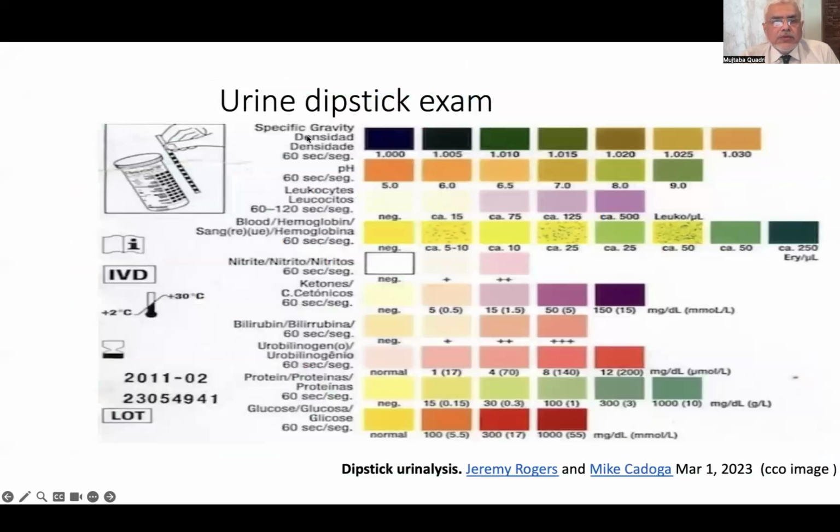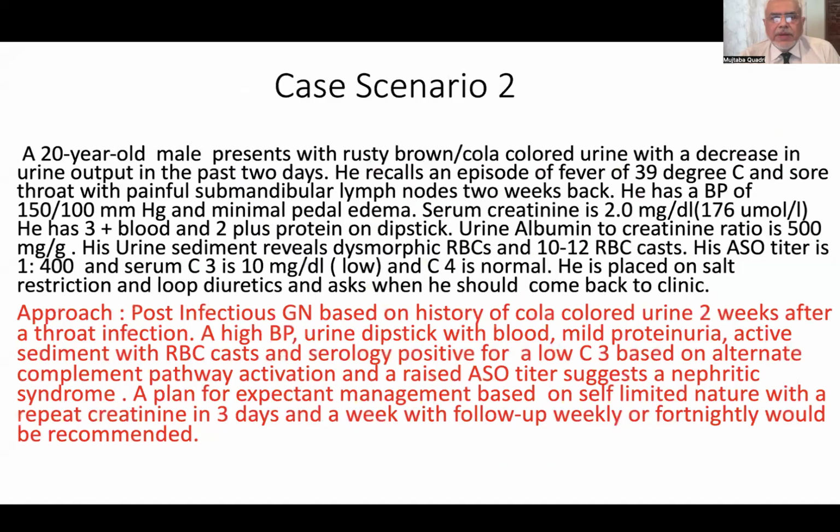The urine dipstick is very useful. As you can see, most of us use it to look for varying degrees of blood or RBCs in the urine, as well as nitrites for UTIs, but also for protein, where the different grades of 1 plus, 2 plus, 3 plus, 4 plus can be equivalent to about 300 milligrams of proteinuria for 1 plus, about 1 gram for 2 plus, about 3 grams in 24 hours for 3 plus, and about 10 grams in 24 hours for 4 plus, as a guesstimate.